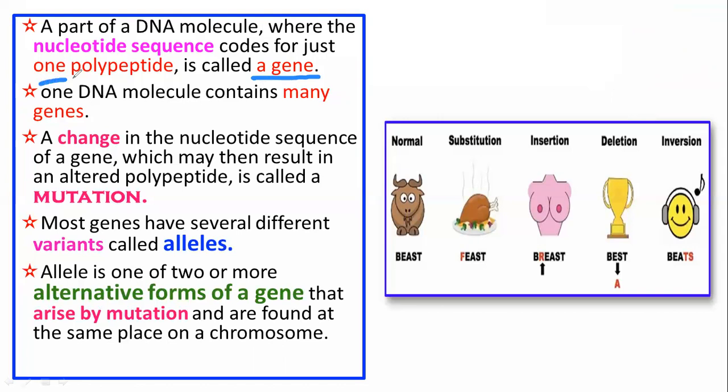So a DNA molecule may contain many genes. But if you find some change in the nucleotide sequence of a gene, we use the term mutation. A sudden or abrupt change in the gene code is called mutation. And you know that most genes have